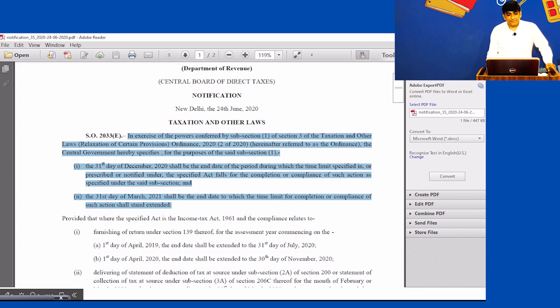The 31st day of December 2020 shall be the end date of the period during which the time limit specified in, prescribed or notified under the specified acts falls for the completion or compliance of such action as specified under the said subsection, and the 31st day of March 2021 shall be the end date to which the time limit for completion or compliance of such action shall stand extended. That means we have seen earlier